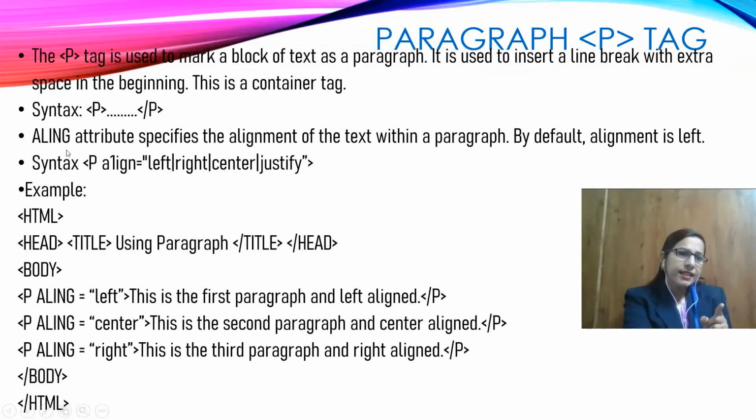See, next is the align attribute. It is the attribute of the p tag. It specifies the alignment of the text within the paragraph. See, the default alignment is left aligned. Whatever text we see, that is always left aligned. But if you want to change it from left to right, or put it in the center of our web page, we can do this by using the p tag, and in the p tag we just use that align attribute. Okay, see, this is the example.